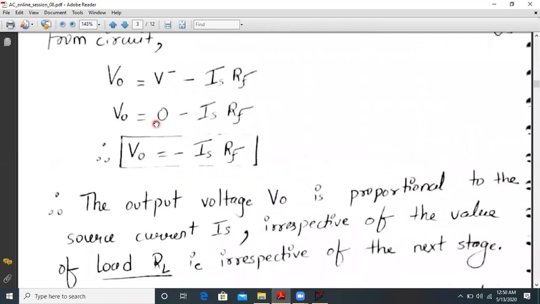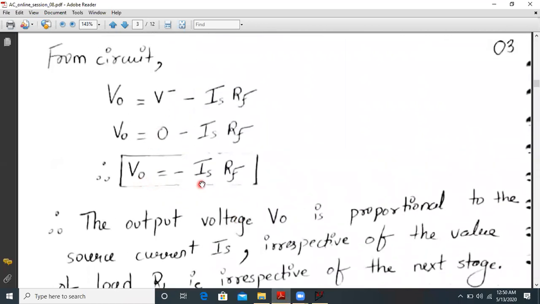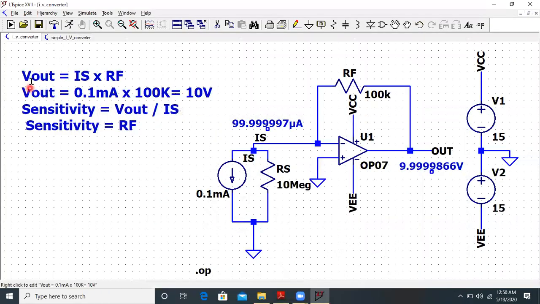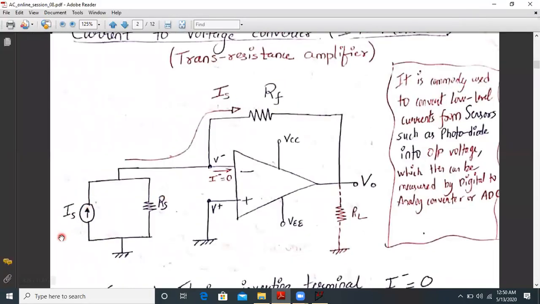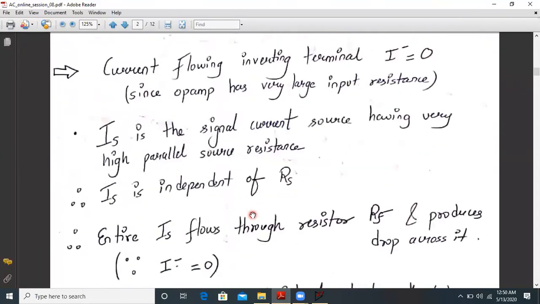So the final result is given by VO is equal to minus IS into RF. So let us write that. So Vout is equal to, here in this case the current is outward, so here it will be plus. In our circuit diagram the current was inward, so we were getting a minus sign.